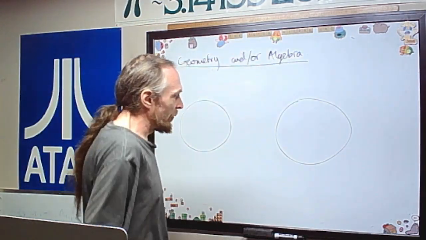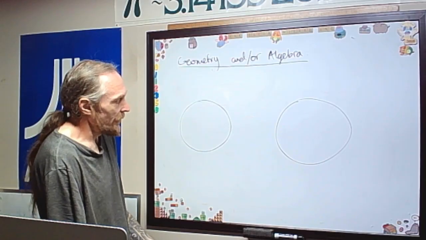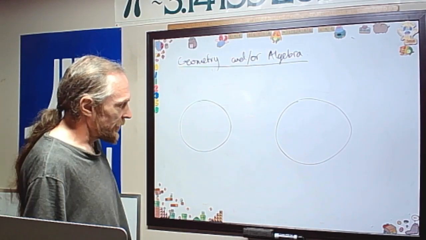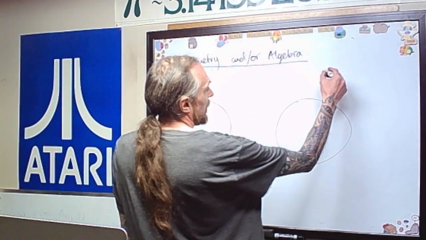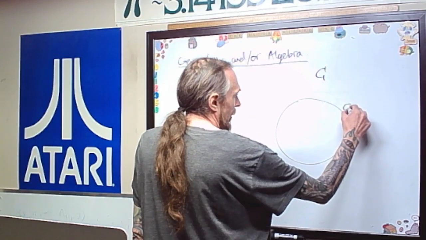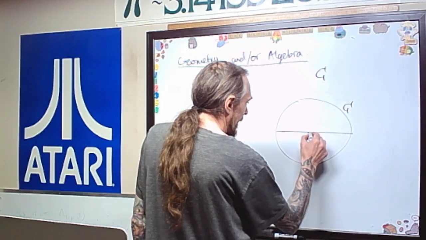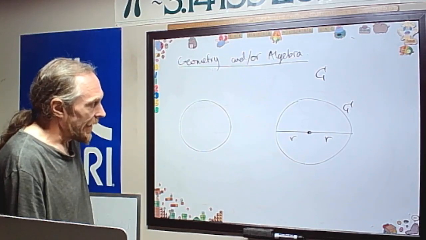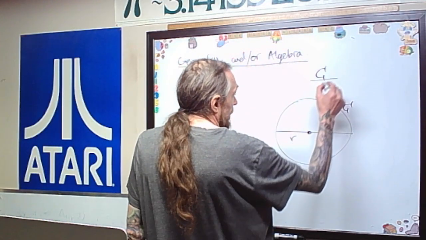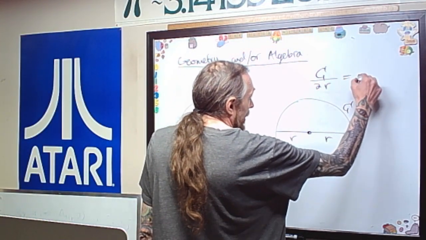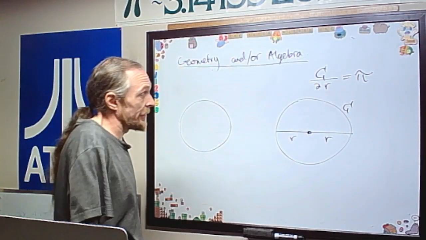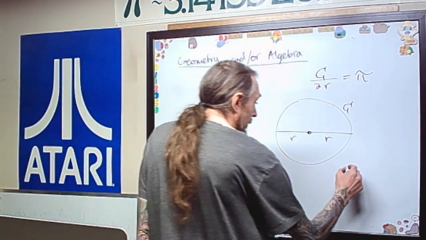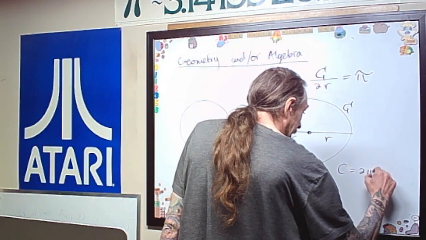Where does your friend pi come from? And why do we know that one full revolution of a circle is 2 pi radians? Well, because I know the ratio, if I call this the circumference and then I look at the diameter, that's going to be r and r. There's 2 radii in the diameter, and the ratio of circumference to diameter, or 2r, is always equal to pi. This is how we define it. It turns out it's irrational. So then that means that the circumference is 2 pi r,